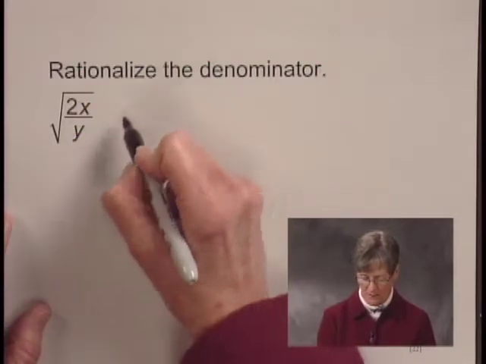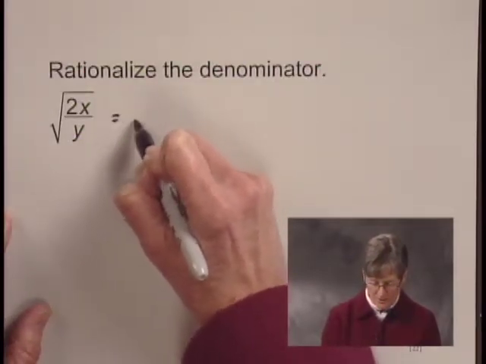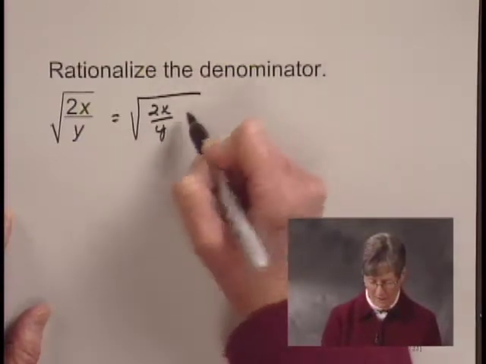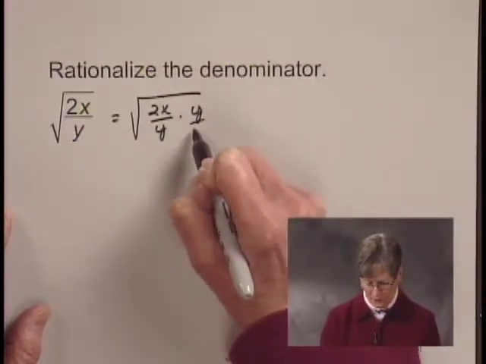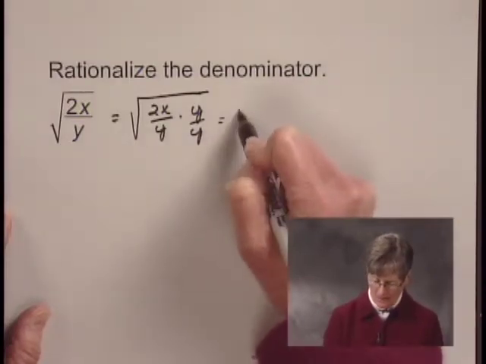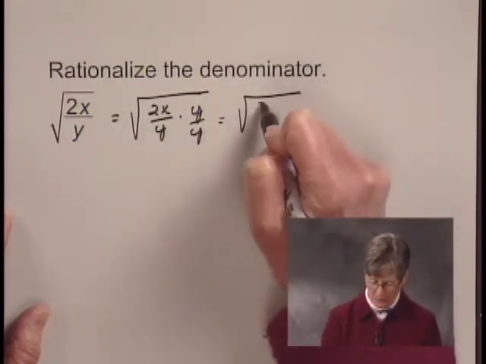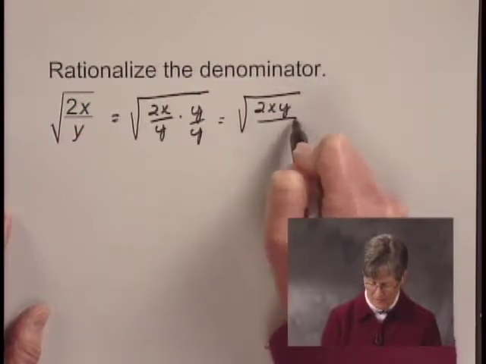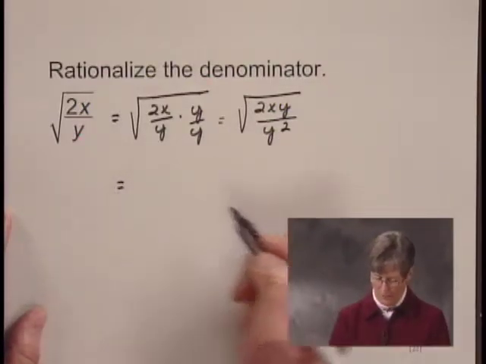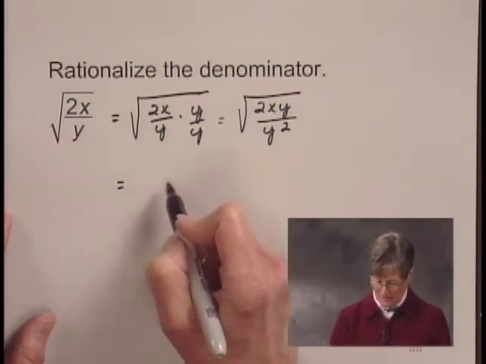squared, which is a perfect square. So I'm going to multiply by 1 in the form of y over y so that I'll have y squared in the denominator. And when I carry out this multiplication, I have the square root of 2xy over y squared. And the quotient rule for radicals tells me that I can write this as a quotient of